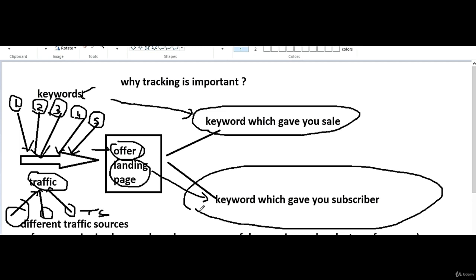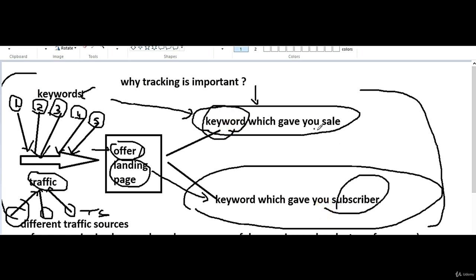You are paying money for every click. Each and every click you are paying money. So you need to have all the details. This is super powerful, guys. When you have all these details, you can easily identify the keywords which are working for you, okay, which are giving you sales, which are giving you subscribers, and you can easily scale these keywords. Okay, so in this way ClickMagick saves a ton of money. So I'll show you in this video how ClickMagick works.